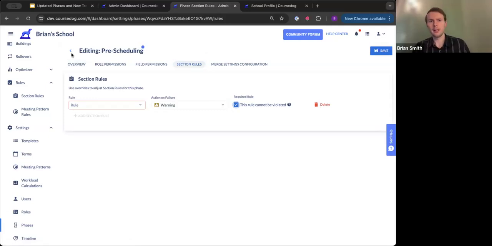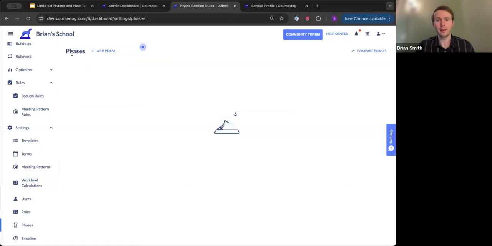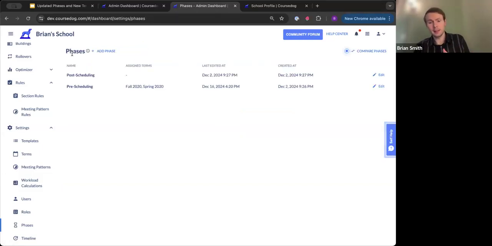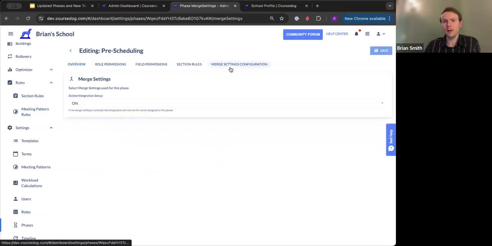Okay, let us now talk about this merge settings, save state to phases to term interaction here. So I'm going to open up a phase. I'm going to go to the merge settings configuration tab here. What this tab is telling CourseDog is which merge settings save state would I like to use in this phase. And you'll see a really important note here. If no merge setting save state is selected, the integration will not run for terms assigned to this phase. So you may create